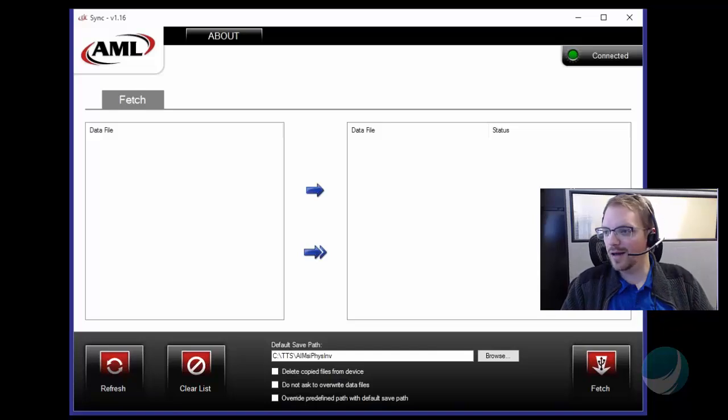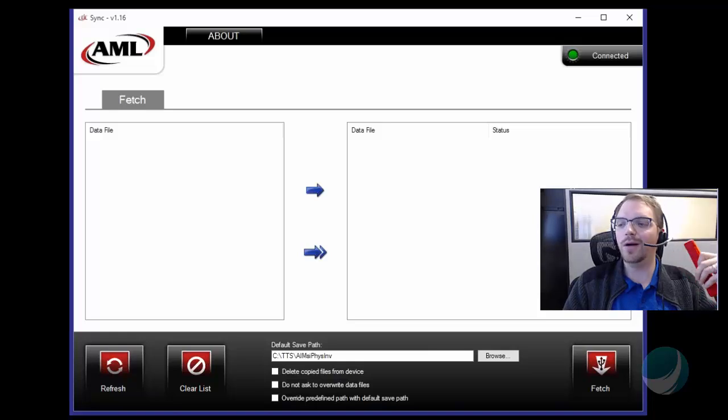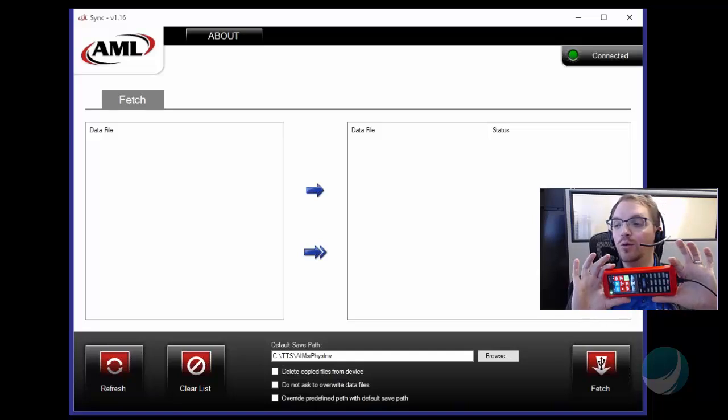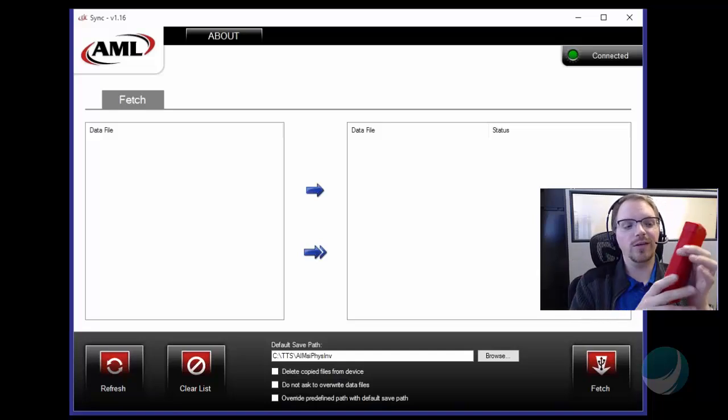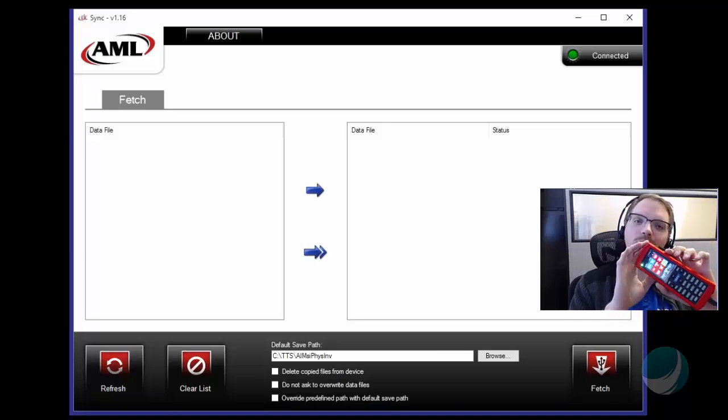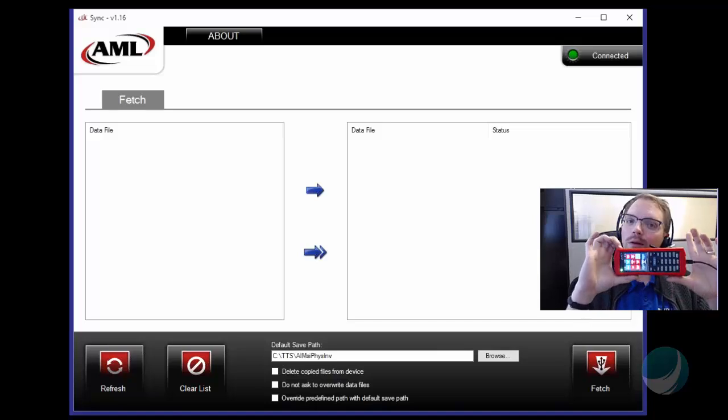I do see a question, is this unit wireless or does it need to remain plugged into the computer while you scan items? Obviously, like I said, you can actually unplug this and it is completely mobile. It's not connected using any kind of Wi-Fi or Bluetooth or anything like that. It's 100% a self-contained device, and you can go around. You don't need to be connected to any kind of Wi-Fi. You're just scanning products, keying them into that internal database file, and then when you get back to your computer,